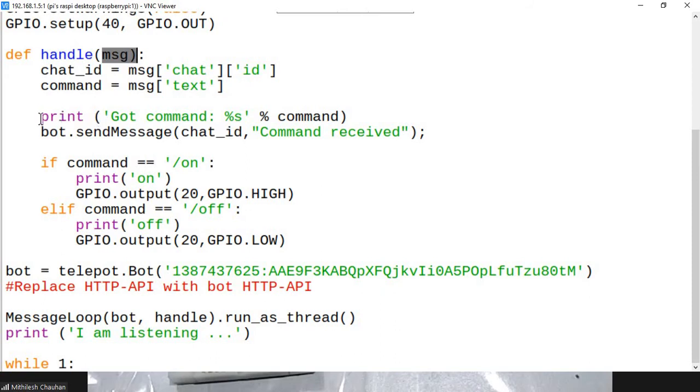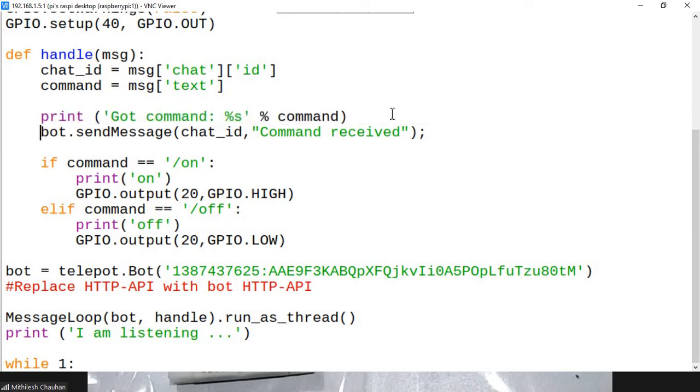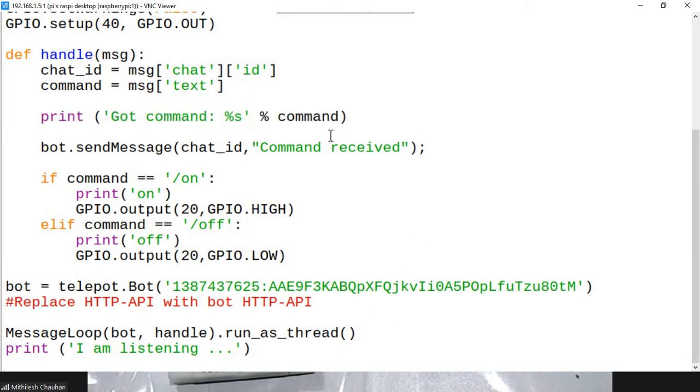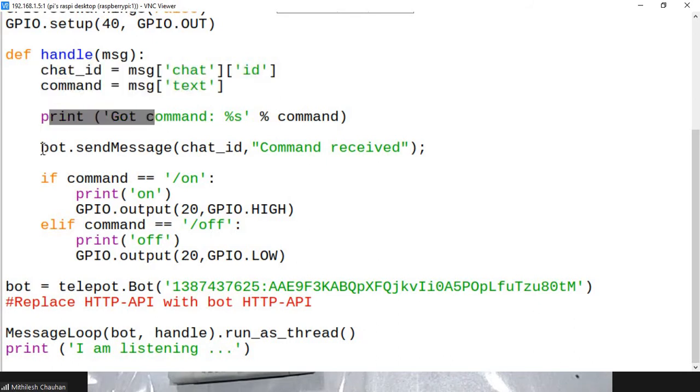So these are the two parameters that we can receive with the help of the message. Now the next line displays that we have received an XYZ command, and we want to reply, or send a message back to the Telegram app. Like the Telegram app has sent some message to the Raspberry Pi. The Raspberry Pi has received the message and acknowledged it, and now the Raspberry Pi has to send back some message to the Telegram app.